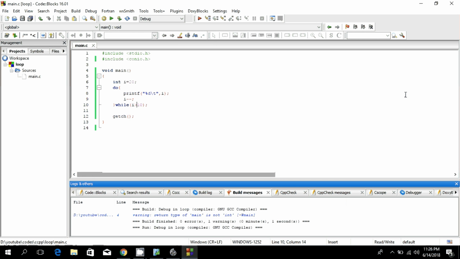This is what we have done for the for loop, while loop and do while loop for looping or